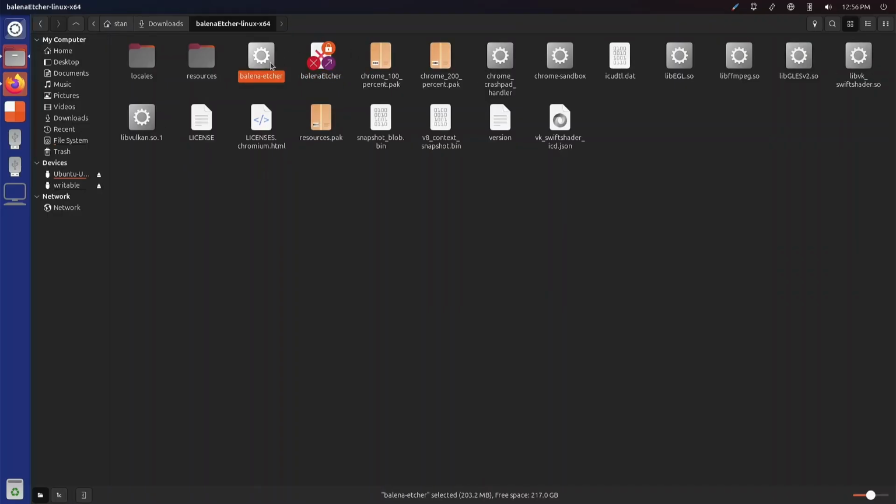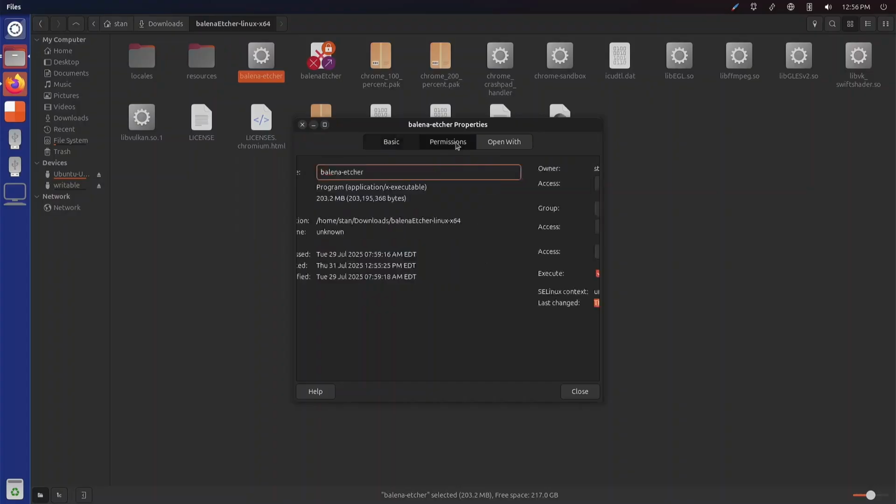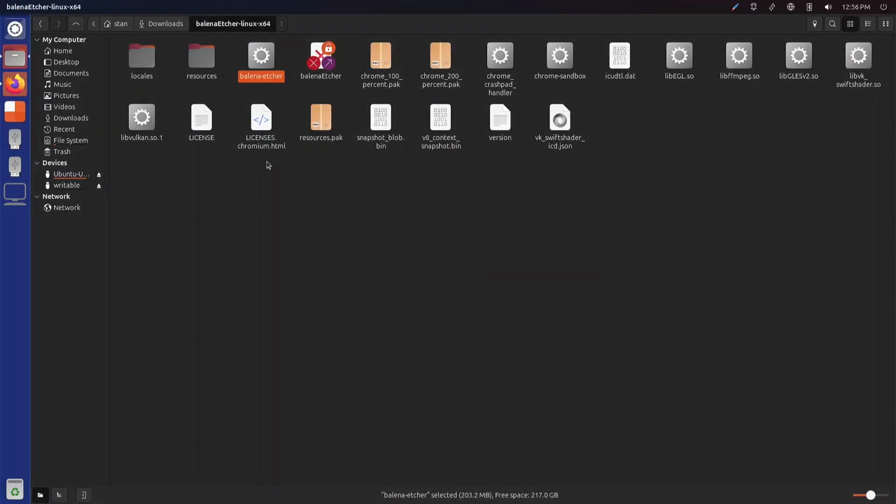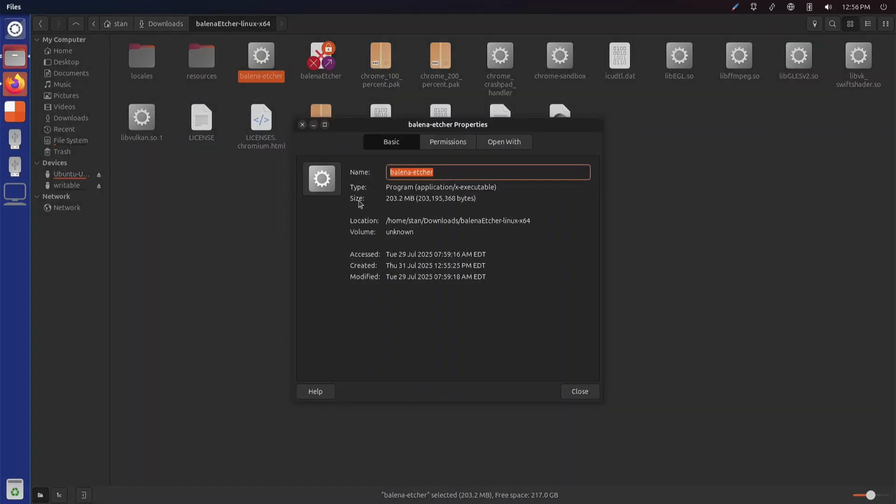Oh, here it is. This should be it. Maybe. So yeah, Balena Etcher is an AppImage, which is a universal Linux package. If your distro cannot run an AppImage, it is not suitable for daily use. Seriously, if your distribution cannot run an AppImage, it is not suitable for daily use. Don't use that. Seriously, what the hell?